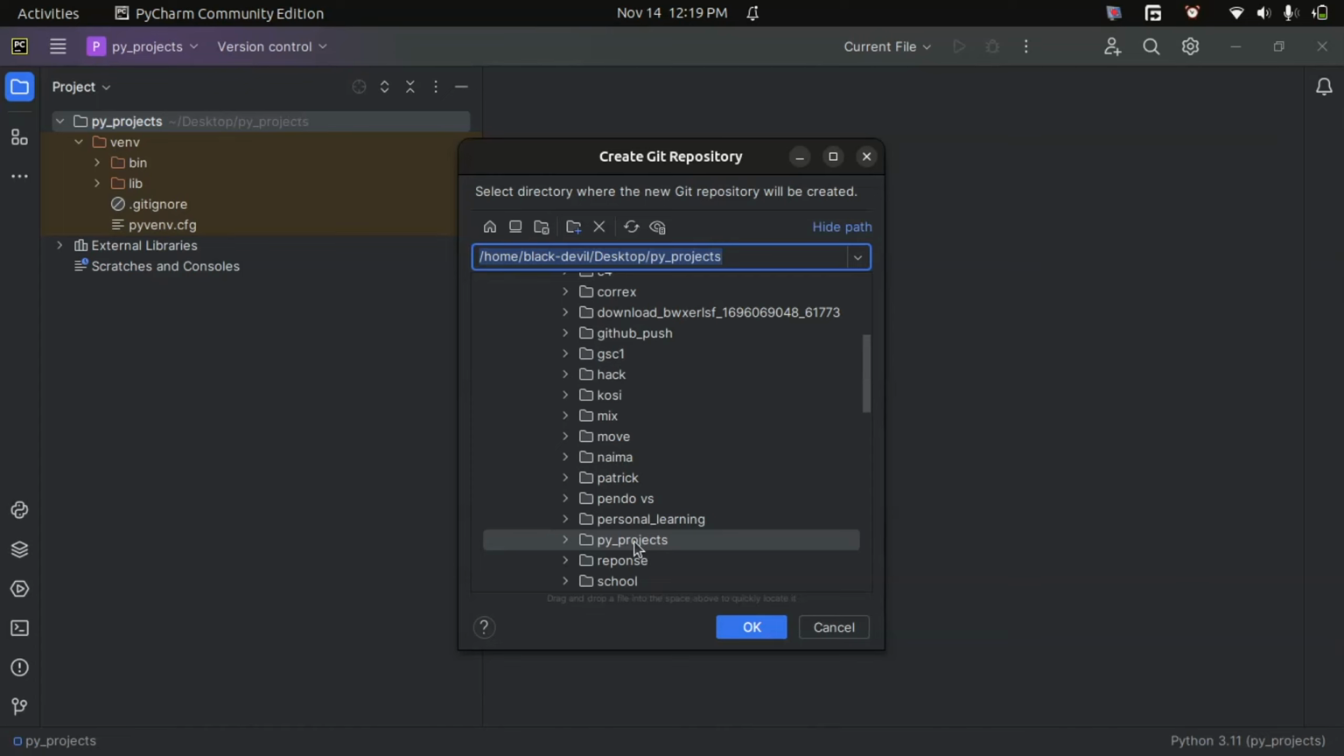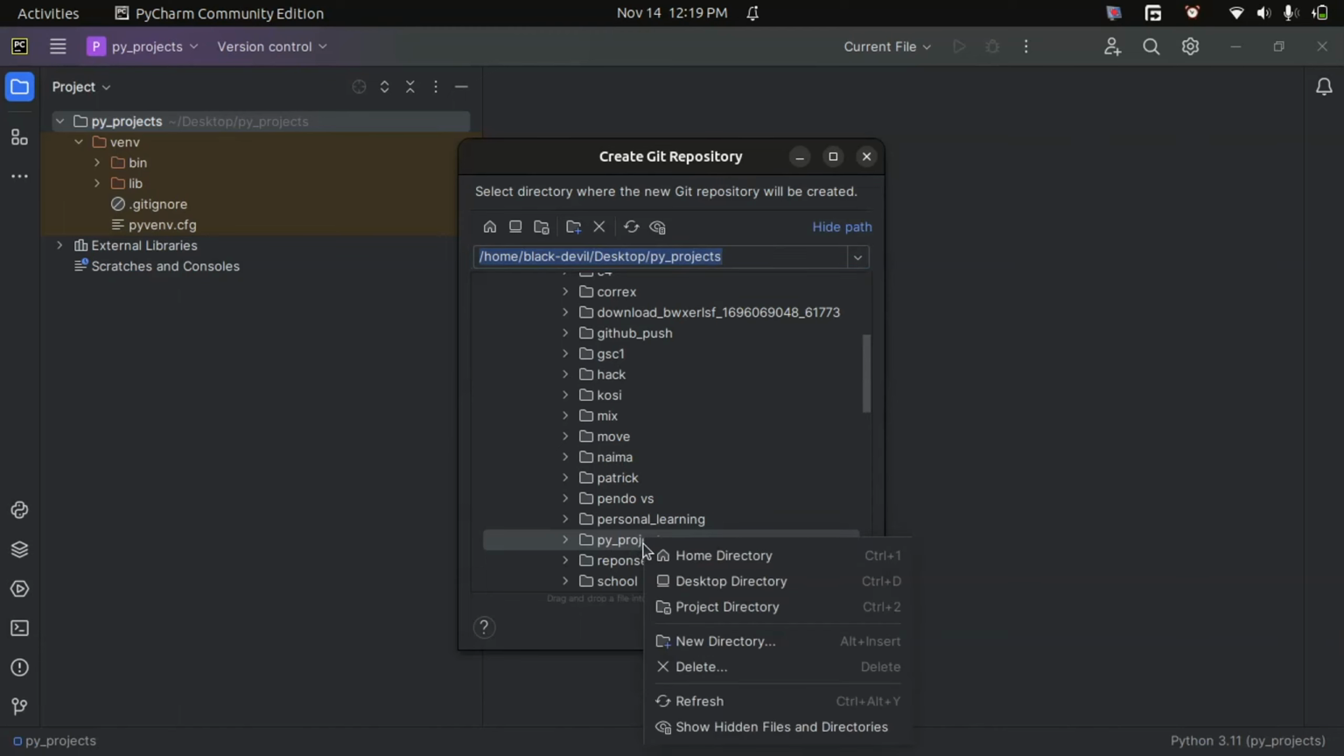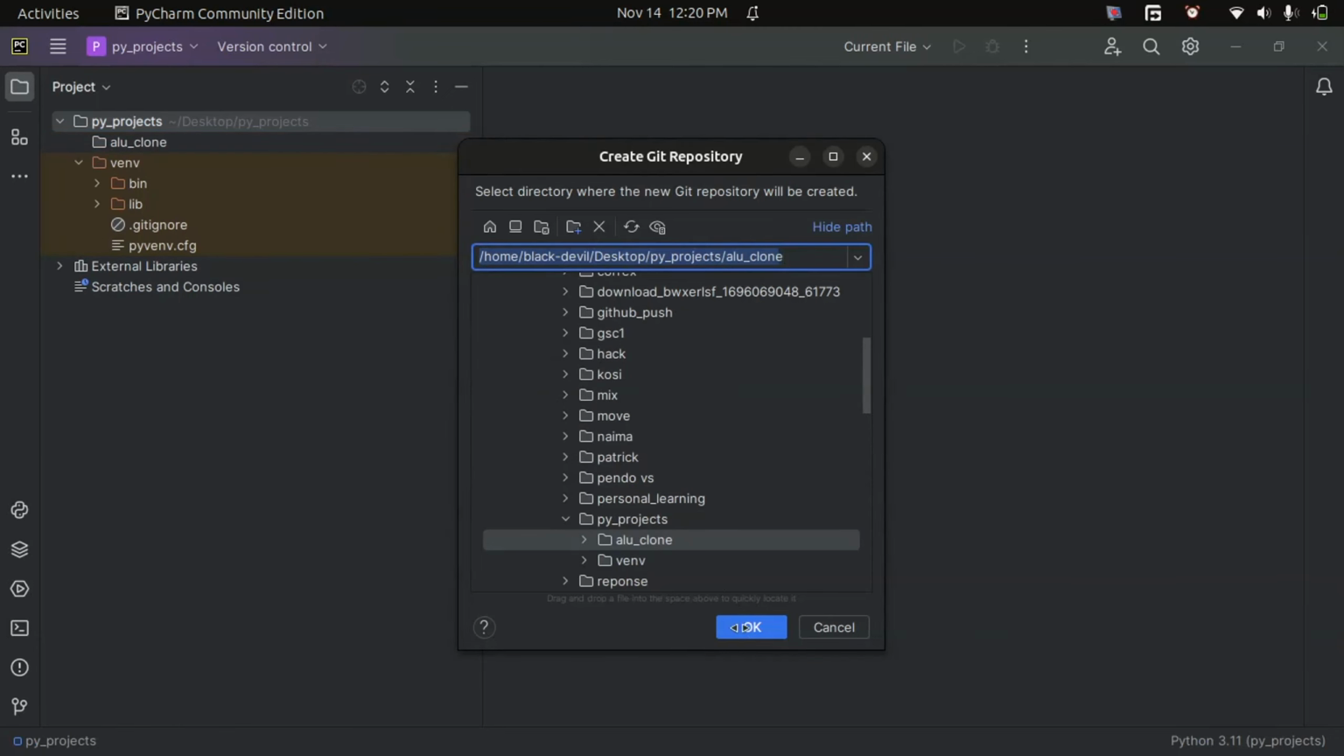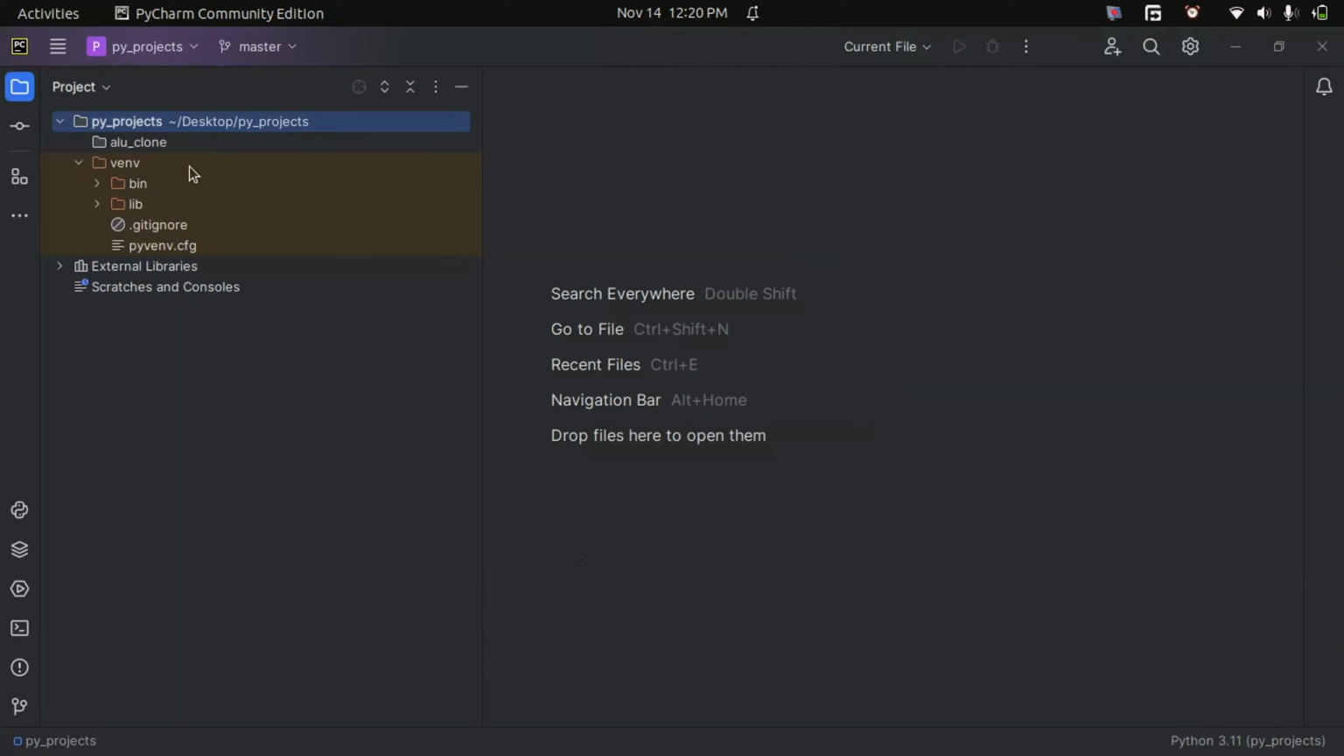So we just click on the project name, py_projects, right click. Let's create a new folder so that we don't mix up with those other files, the readme and gitignore. So let's create a new folder for our project or our repository. Let's call it LU crawl. This name doesn't affect your online repository. You don't have to worry about it because this is an offline version. So just click OK and done. You see that right now we have our folder inside our working